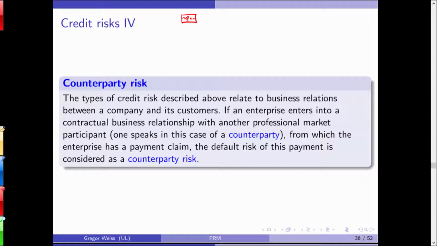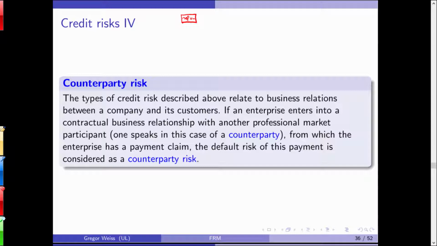But I can buy a credit default swap. And in a credit default swap, for example, you are an investment bank, and we two get into a room, and I would ask you if you were willing to sell me insurance against the default of Apple. Then I would ask for an insurance of a notional amount of $100 million. And you would tell me, okay, the probability of Apple's default is, let's say, 2%. You would calculate a risk premium, and then you would tell me, okay, we draw up a contract.